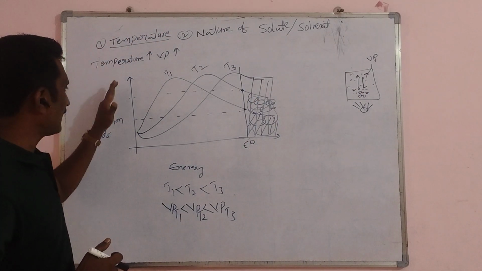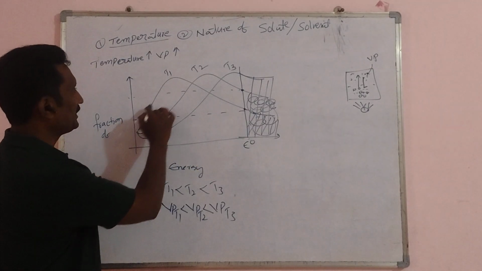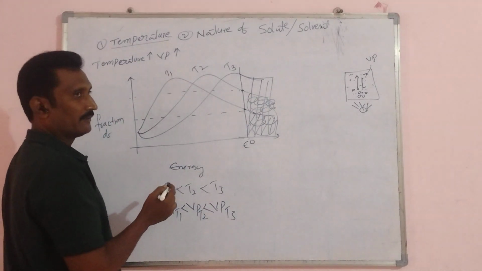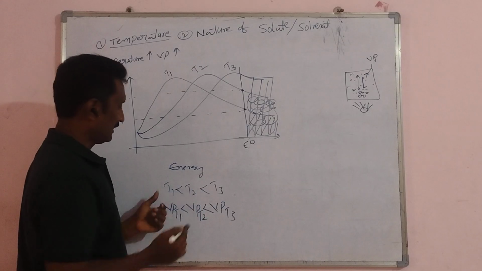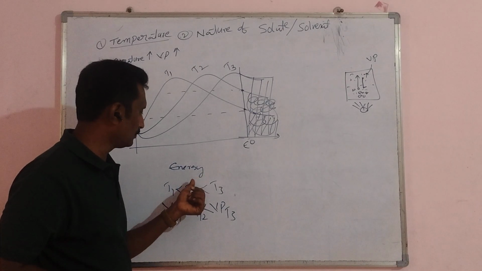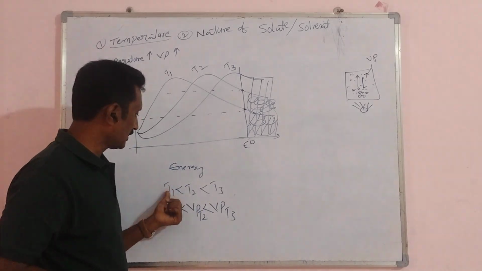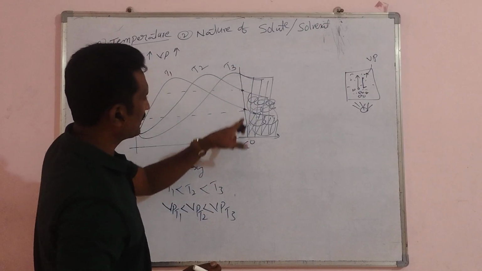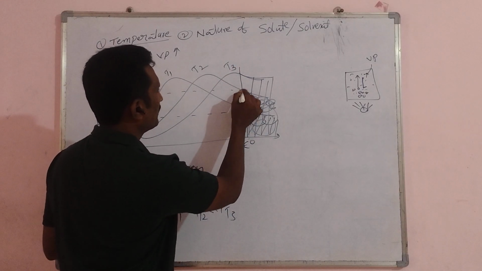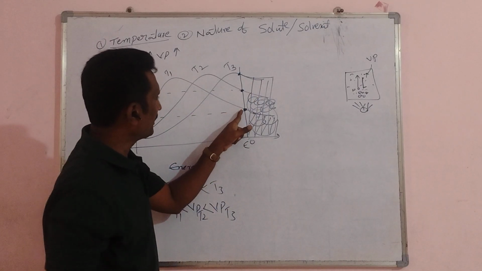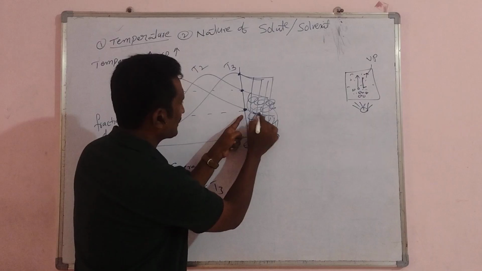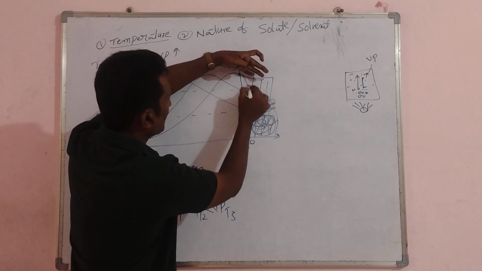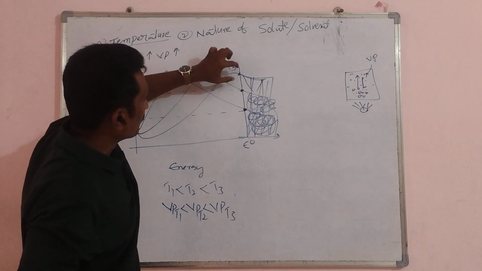उसका एक ग्राफिकल रिप्रेजेंटेशन है, एक ग्राफ। अब मान लो यहाँ पे तीन टेम्परेचर्स हैं, T1, T2 एंड T3। T1 टेम्परेचर इज लेस देन T2, T2 T3 से कम है। सो T1 से T3 टेम्परेचर इंक्रीजेस। मान लो ये फिक्स्ड एनर्जी है, डिफरेंट टेम्परेचर से, ये T1 टेम्परेचर का पॉइंट, T2 पॉइंट एंड T3 पॉइंट। अब T1 टेम्परेचर पे फ्रैक्शन ऑफ मॉलिक्यूल कितने हैं, ये फ्रैक्शन ऑफ मॉलिक्यूल है T1 टेम्परेचर का, और ये T2 टेम्परेचर के फ्रैक्शन ऑफ मॉलिक्यूल कितने हैं। अगर T3 टेम्परेचर लेंगे तो फ्रैक्शन ऑफ मॉलिक्यूल ये सारे।